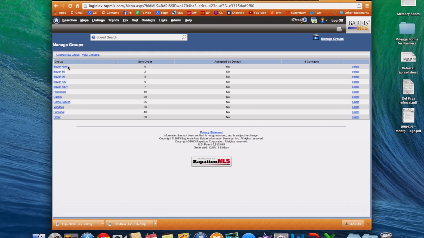contact groups with Buyer Now, Buyer 60, Buyer 90, Buyer 120, Buyer 180 plus to organize your buyer searches and have more than 80 buyer searches running at the same time, and still have systems within your calendar to remind you or your teammates, your buyer's agents, to contact and keep up with the people in your pipeline. This will work great for those of you who are looking at longer term pipelines like occur with internet